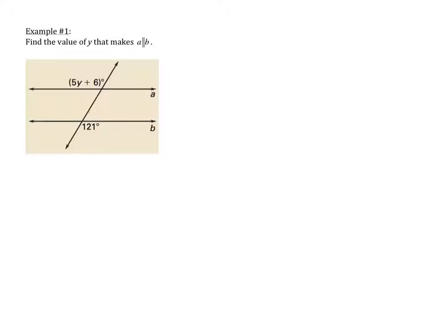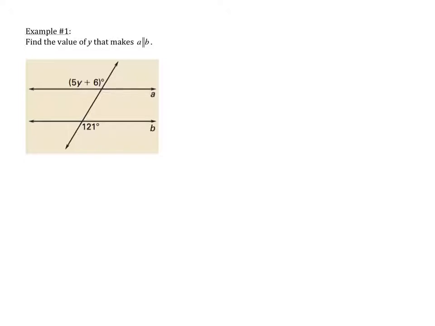So example number 1, find the value of y that makes A parallel to B. Now looking at the diagram, we see we have one angle, 5y plus 6, and it's on the outside, so it's an exterior angle, and 121 degrees also on the outside, so it's an exterior angle. They are on opposite sides of the transversal, so here we have alternate exterior angles. If these alternate exterior angles are congruent, that would mean that line A is parallel to B. So what we're going to find is the y value that would make these two angles equal to each other so that we can use the alternate exterior angle converse theorem